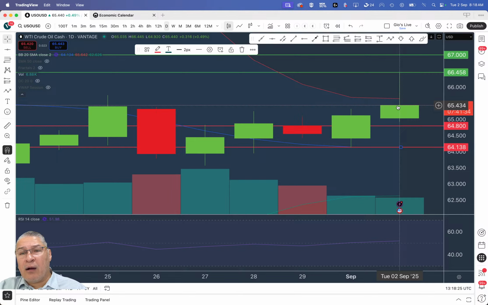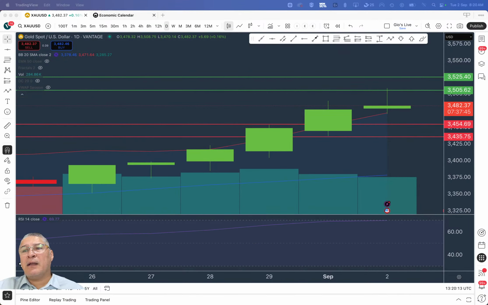Gold. Well, gold has made a new all-time high, peeping above our level of resistance. Now, in the futures market, gold has reached 3,578. Okay, that's on the December contract. So I do like to follow the futures contract as I trade the indices, because we want to be able to see the momentum. Obviously, CFDs follow the futures.